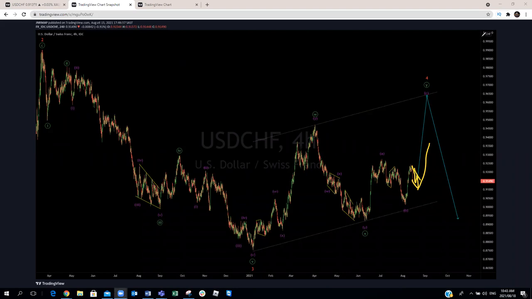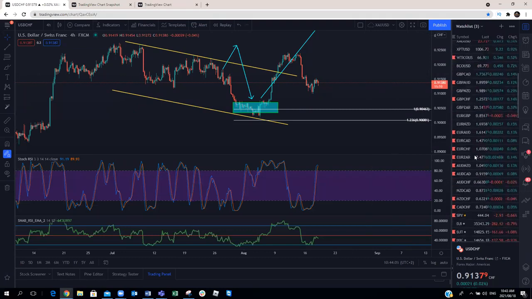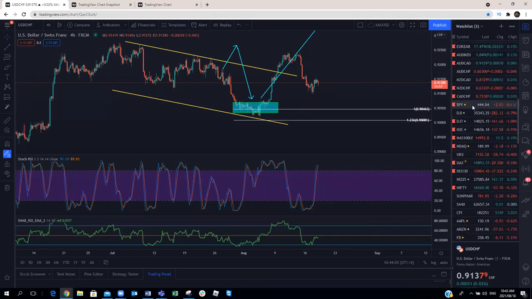Great, so let's continue with the rest of the charts. Let's go to the indices. Right, the indices are still bullish. S&P 500,